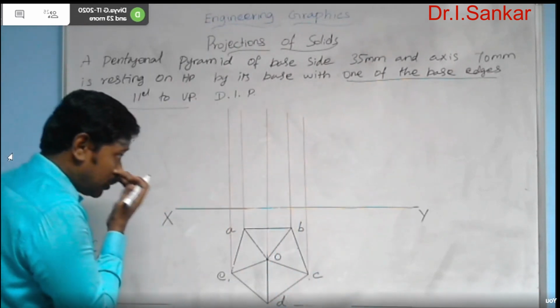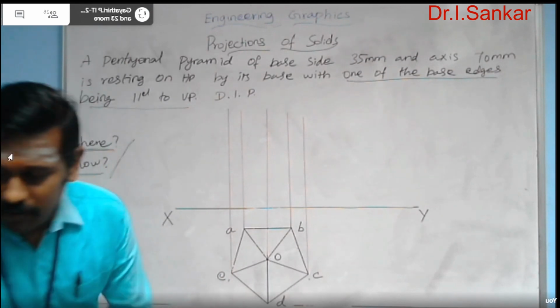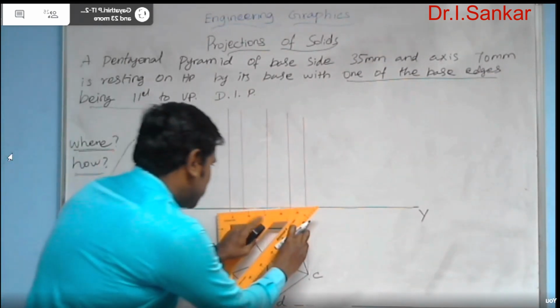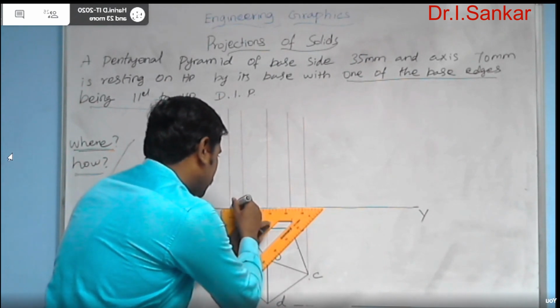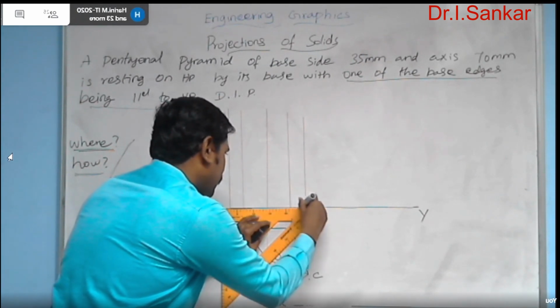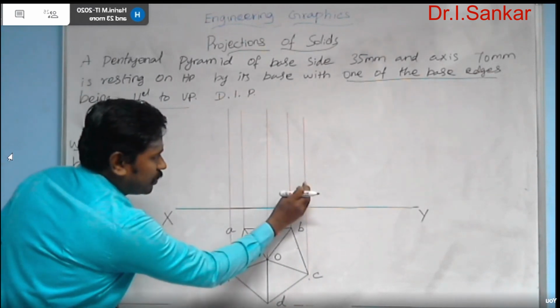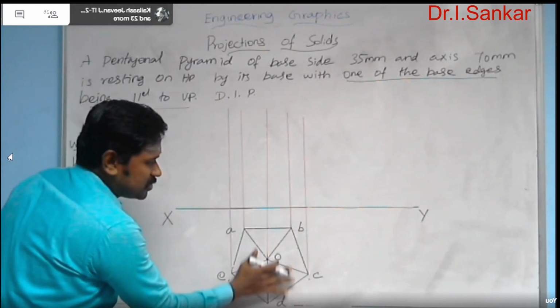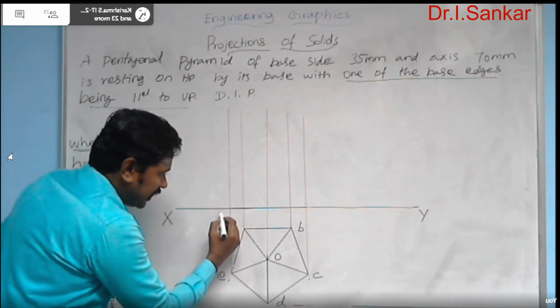So when you're supposed to mark the base corners in this front view, here this is nothing but the front view of this pentagonal base. For your understanding purpose, I am highlighting it with the help of a dark pen. So these two are nothing but the end projectors of this pentagonal base. If you suppose to mark the corners for that, here you can mark